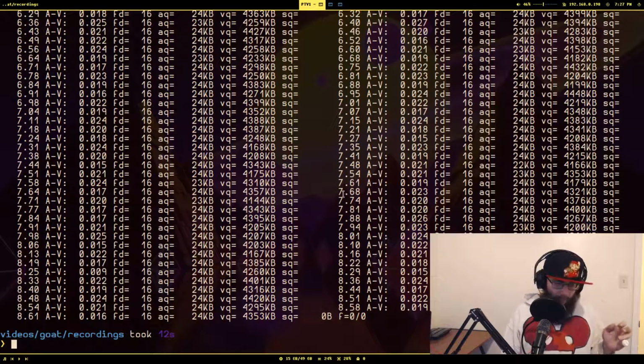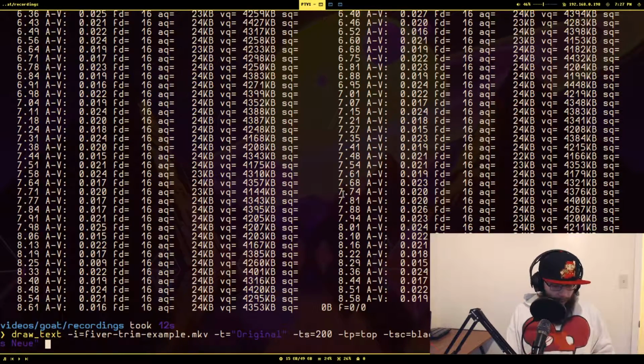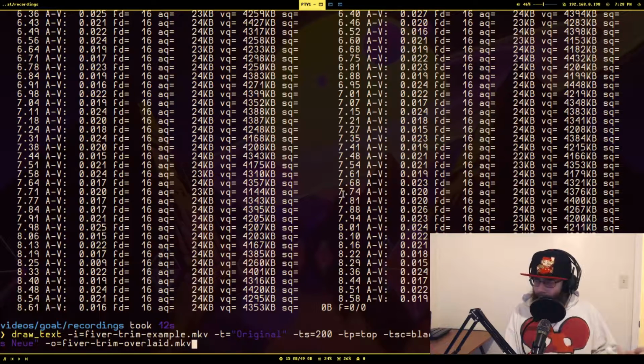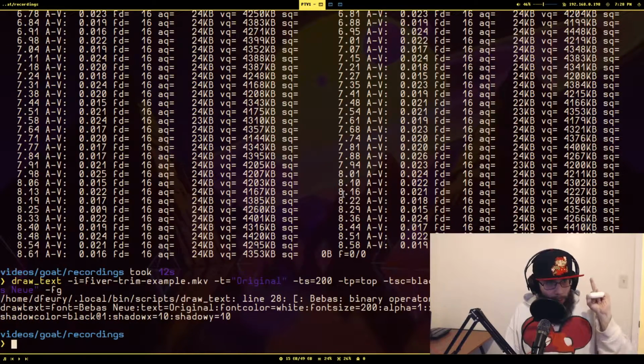So let's say that I'm not actually going to run it. If I actually wanted to write this out to a file, for one thing, I would need to use -o to indicate what the path of the output I want it to be is. So in this case, I'd be like, I don't know, fiverr trim overlaid, something like that. And then I would use -r to say I want to render this out to a file. Now, if I want to use this as part of a bigger ffmpeg command, all I gotta do is pass in this defg, and it's just going to spit out that big,